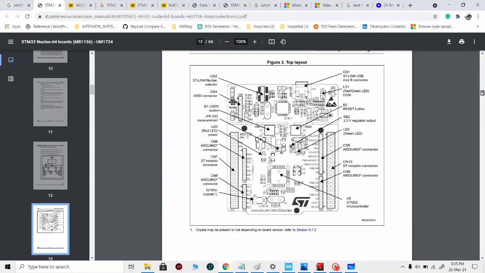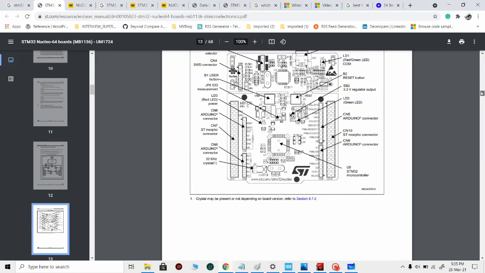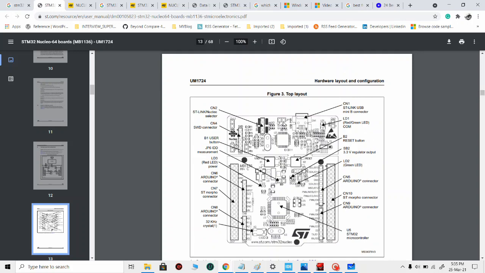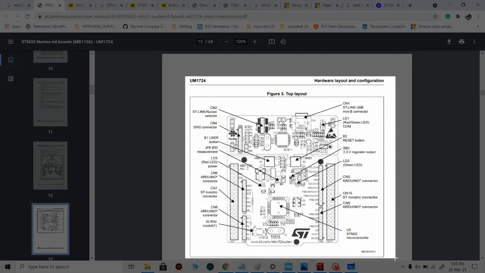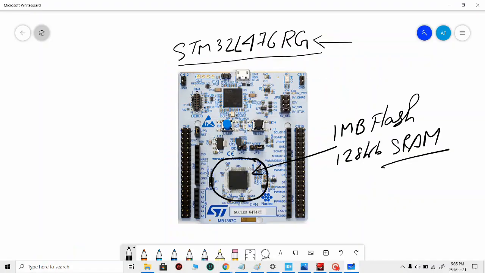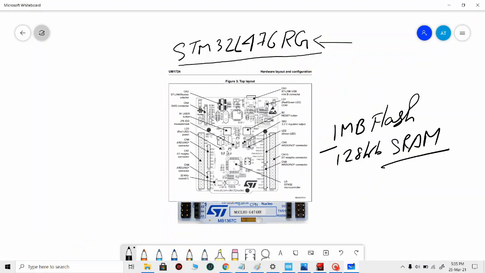Right now, as you can see, this is our board, and if I try to capture it and take it here, side by side, I'll keep it.